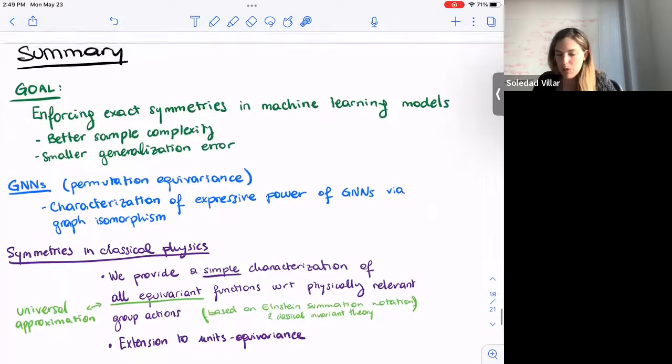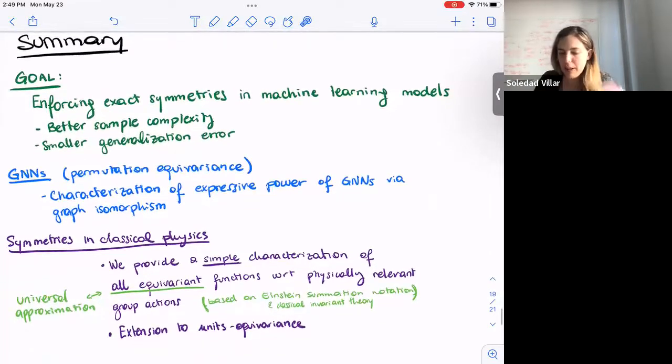Finally, I will say, as a summary of my talk, the goal that I wanted to convey to you, I hope it worked, is that enforcing exact symmetries in machine learning models leads you to better sample complexity, lower generalization error, better out of distribution performance. And there's very interesting math questions about how can we enforce these exact symmetries, how much do you gain by enforcing them, and there's many examples that you can think of, like, for instance, graph neural networks is